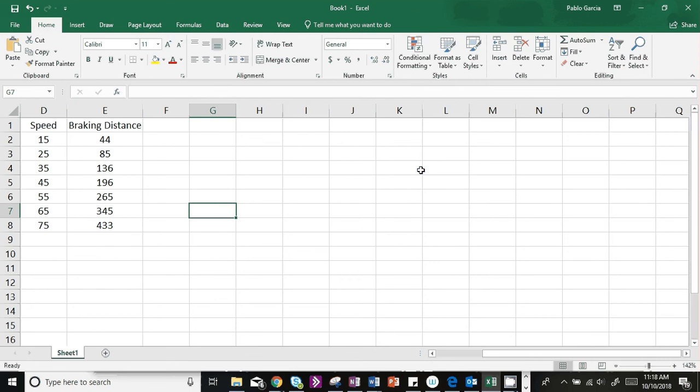So I've got a couple of data sets here. One is the speed that a car is traveling. The other is the corresponding braking distance. In other words, how far it would take in feet to bring the car to a complete stop. So for example, you can see that if I'm traveling at 15 miles per hour, it took 44 feet to bring the car to a complete stop. On the other hand, traveling at 75 miles an hour, it took 433 feet to bring the car to a